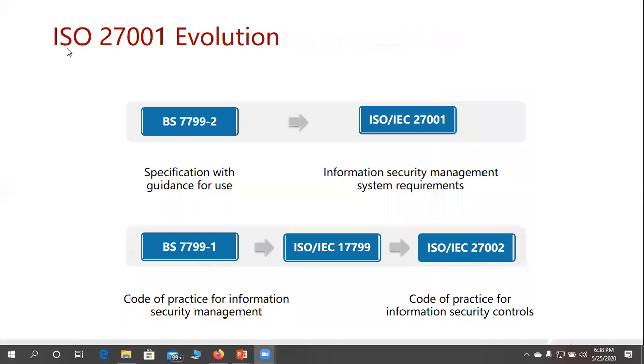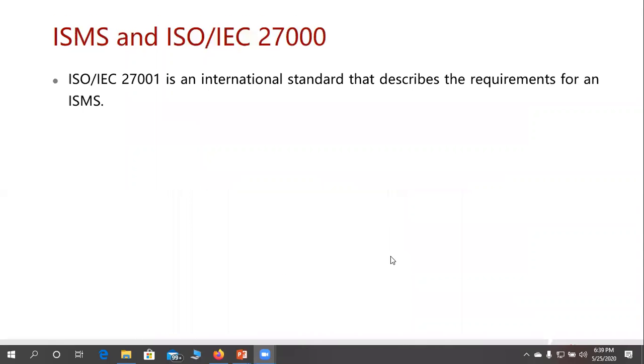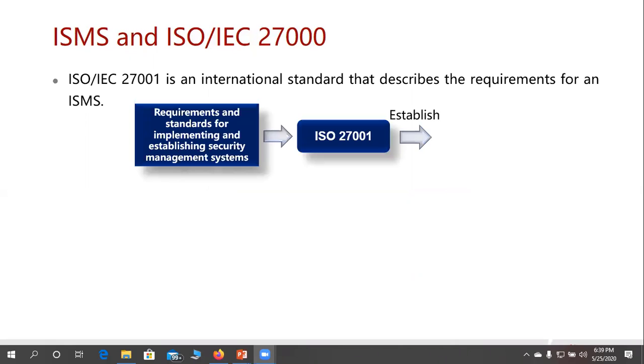Okay. ISO 27001 evolution. So it came from the BS, which is the British standard 7799-2. Okay. And then we have the ISO 27002, which came from the BS 7799-1. Now, you see,